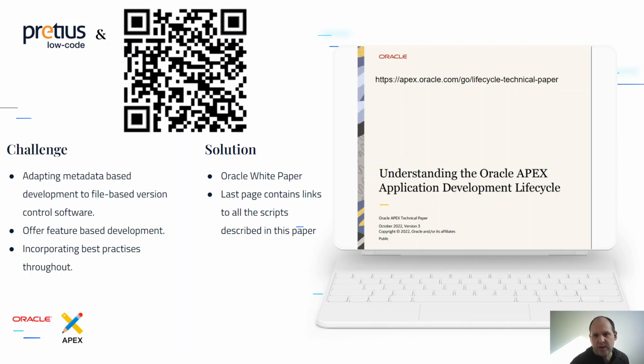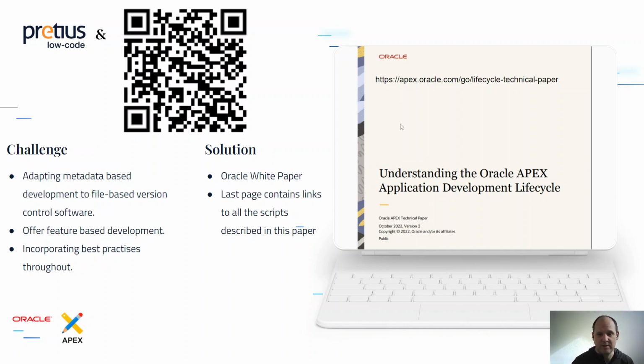Okay, so let's start. This is the front page of the Apex development lifecycle paper. You can see it came out in October 2022, and it is up to version 3. I've read all 3 versions, and this version is a complete rewrite. So you don't need to read version 2, just go straight for version 3, and it's up to date with the latest versions of Apex. If you want to download this paper, use the QR code on the left, or use the link on the right, or probably the easiest way is just Google for Apex lifecycle document, and you will find it,